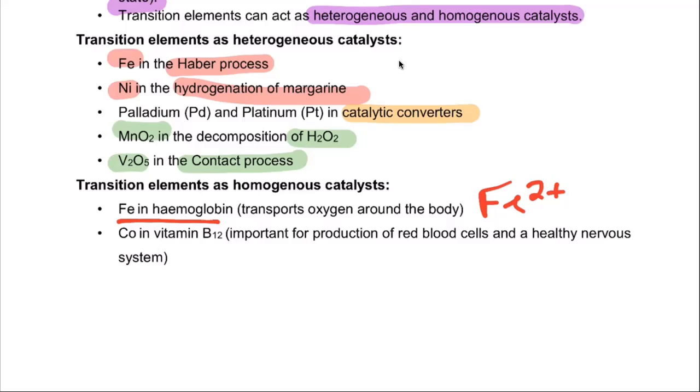Another one is cobalt. So cobalt 3 plus combined with vitamin B12. This affects the production of red blood cells, but also your nervous system functioning correctly. So, you know, your nerves, your brain sending all those impulses down the synapses. If you don't have enough cobalt ions, then the B12 in the cobalt will not allow those two things to